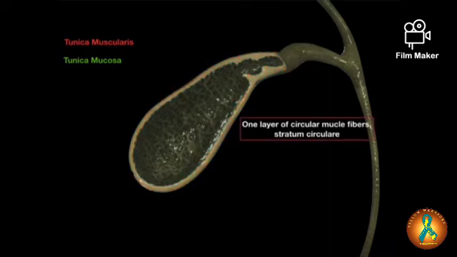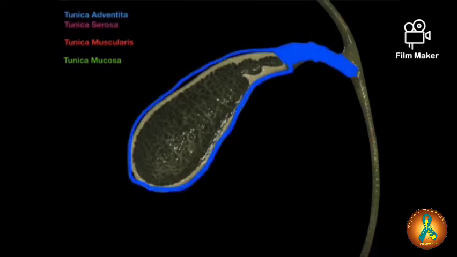It's one layer called the stratum circulare. Now keep in mind that this goes to the rest of the bile ducts as well, not only the gallbladder. Alright, and then the outer layer we call the tunica adventitia or the tunica serosa. If you remember the differences between the tunica adventitia and tunica serosa, tunica adventitia is only going to be a connective tissue covering, while the tunica serosa is going to be a slippery surface of serous membrane formed